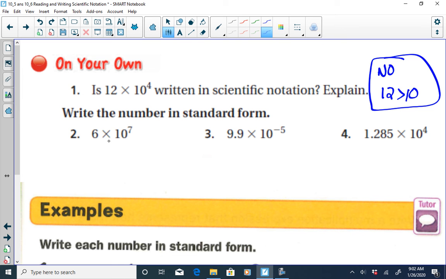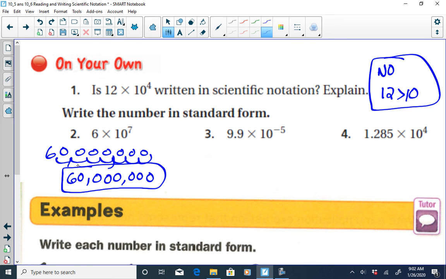We want to write these numbers in standard form. So I take 6. Because I have a positive exponent, I have to move the decimal point 7 places to the right. Well, 6 has no decimal point, so we have to start by putting a decimal point at the back of the number, and then we move the decimal point 7 places to the right because the exponent is positive. So I move 1, 2, 3, 4, 5, 6, 7. And each of those places I have to place hold with a 0, comma here, and we have 60 million, which is the same as 6 times 10